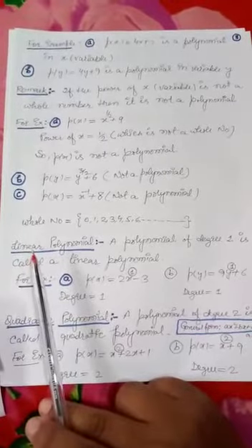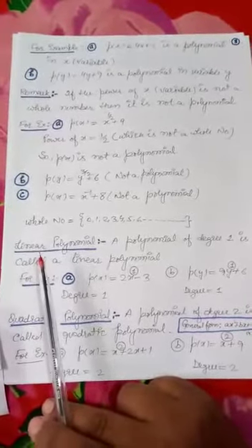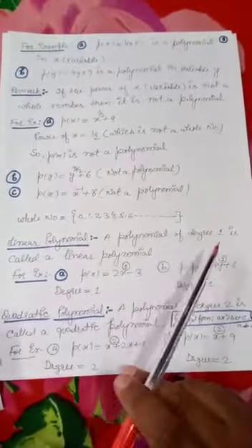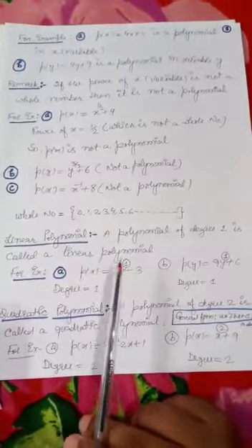In Hindi, सीधी रेखा. जैसे ही आप ग्राफ प्लॉट करेंगे तो आपको स्ट्रेट लाइन मिलेगी. तो इसी वजह से इसको हम कहते हैं लीनियर पोलिनोमियल। अगर किसी पोलिनोमियल की डिग्री 1 है तो उसको आप कहेंगे लीनियर पोलिनोमियल। For example, p(x) is equals to 2x minus 3, here the highest power of x is 1,